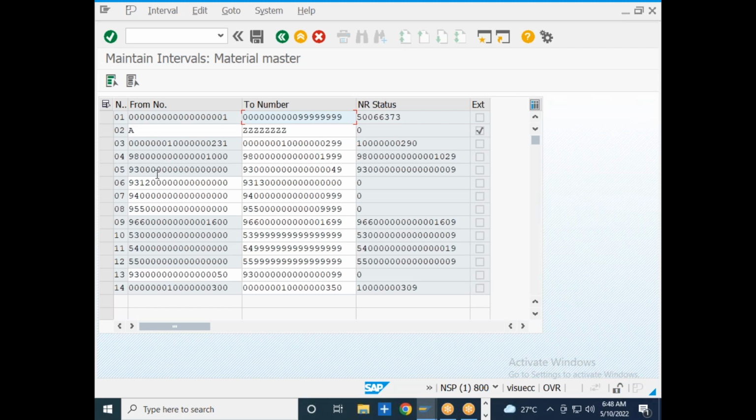Here somebody created one with all zeros 231 as the starting number and 299 as the ending number. If I again try to create one more number range integer, which starts with 235 to 275, then my system will not allow. It will say whatever number range integer you created is already